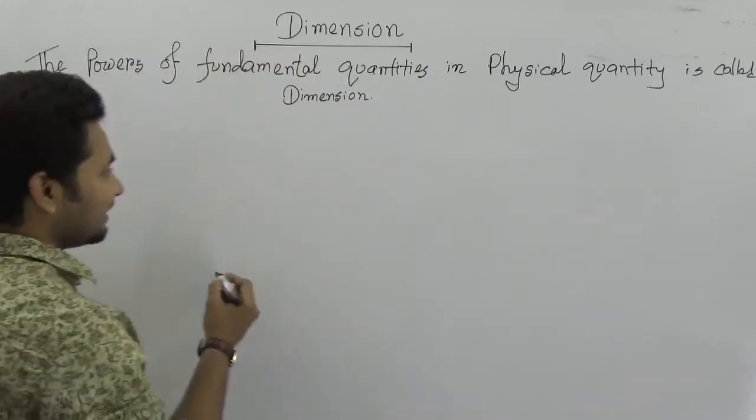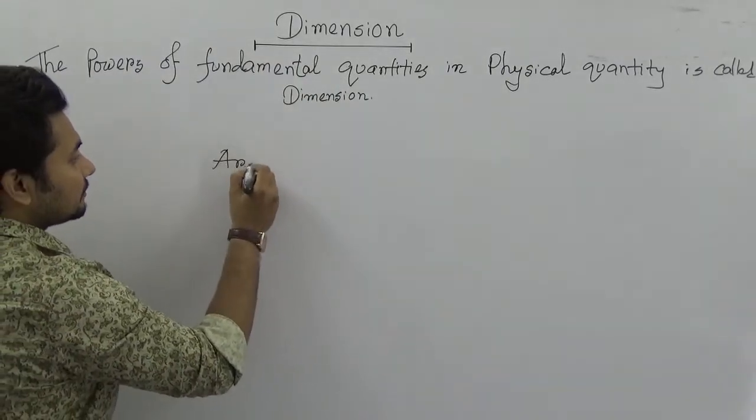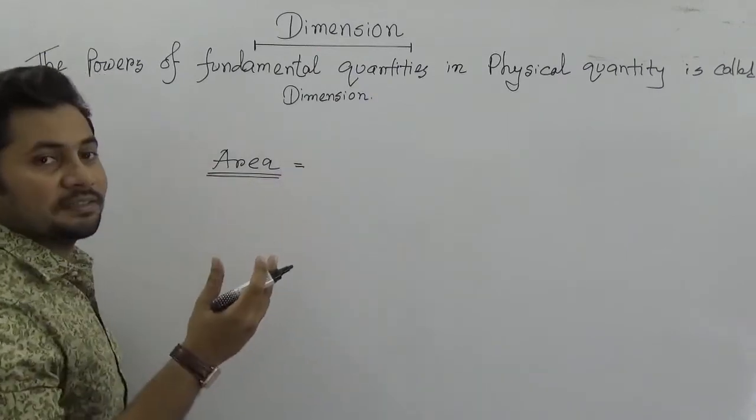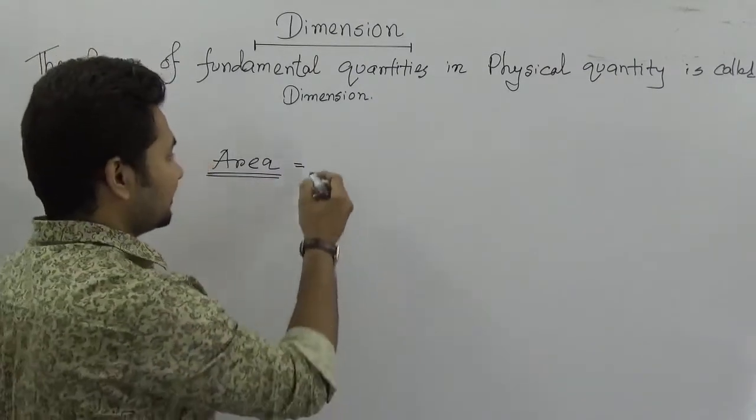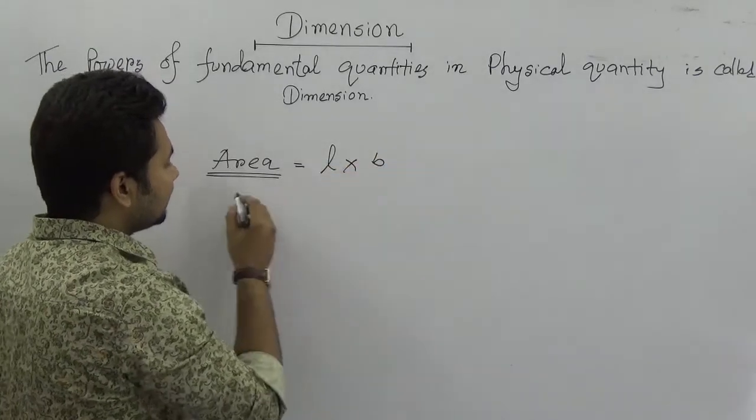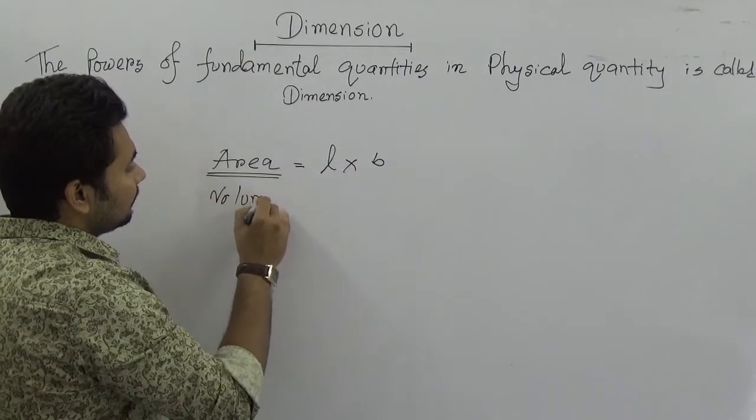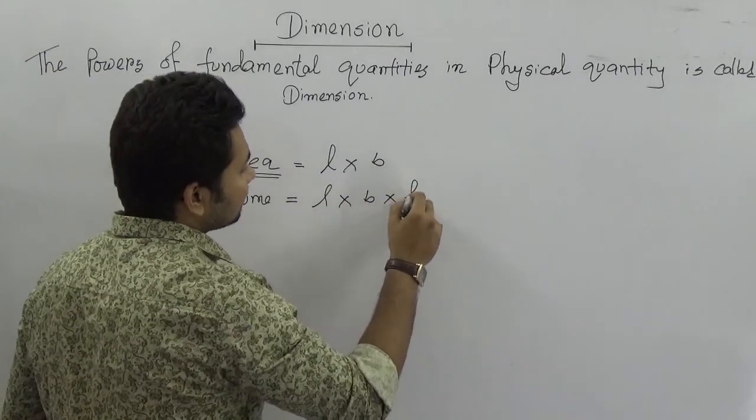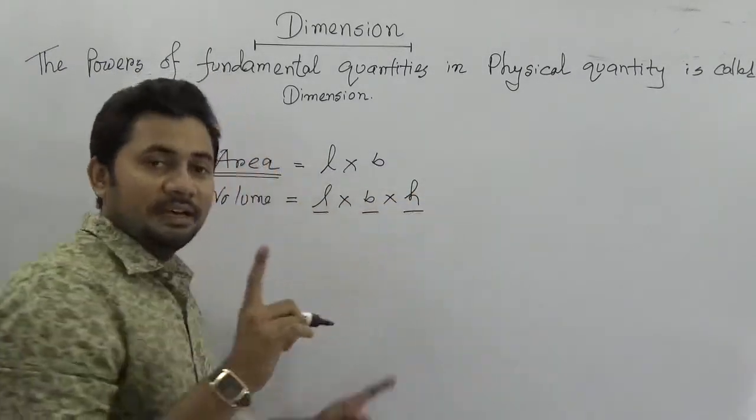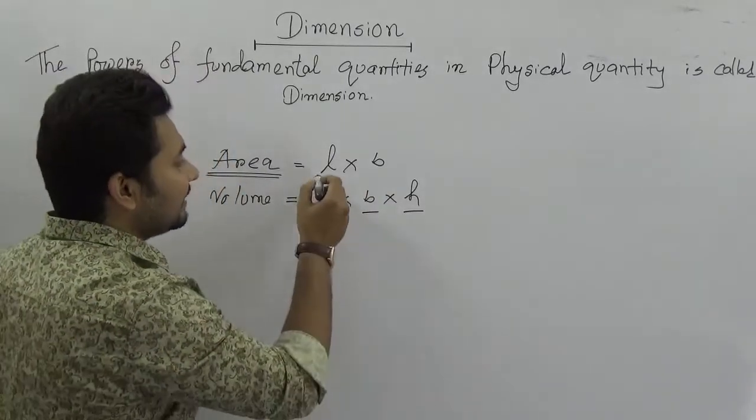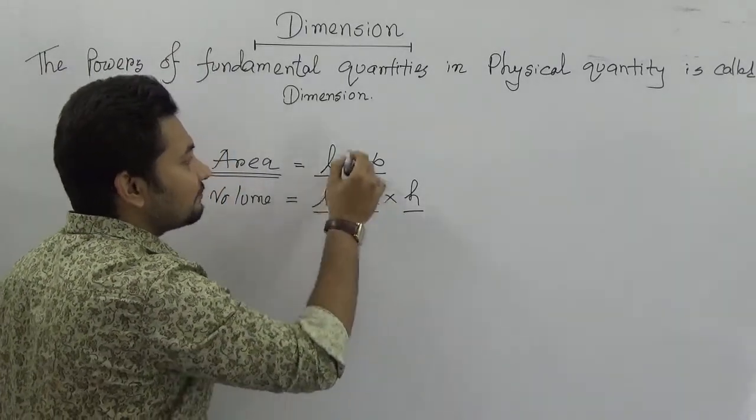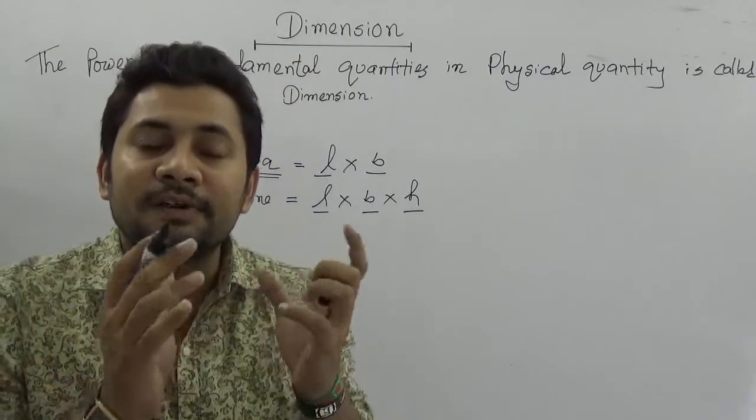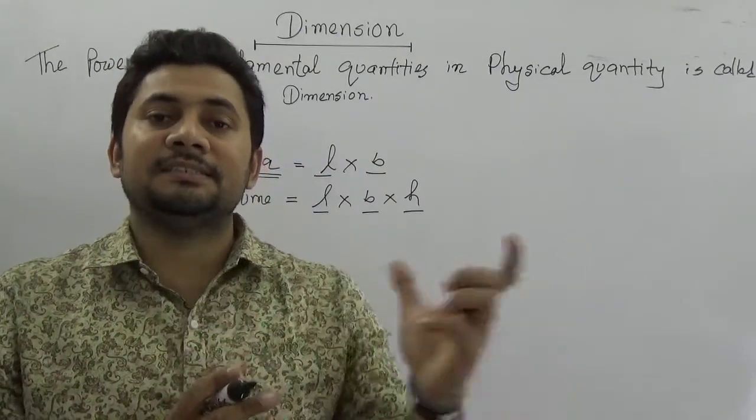Like if we just say about area, we know this area is actually the multiplication of length and breadth. In case of volume also, we can see that this is actually the multiplication of 3 lengths. So in this case, we know the fundamental quantity is actually the length, and these fundamental quantities create the